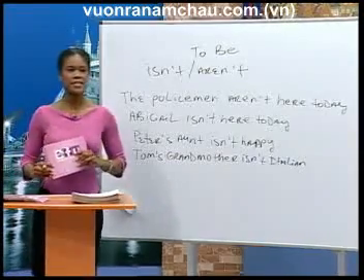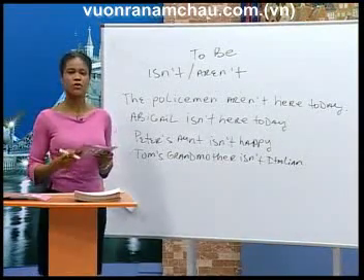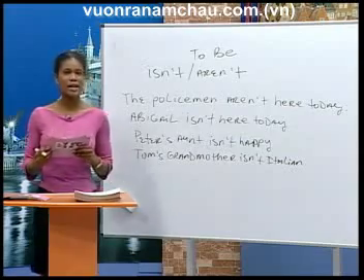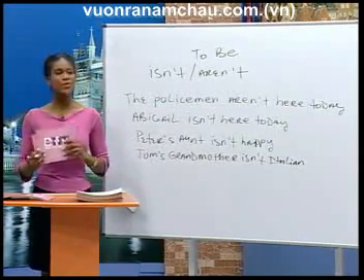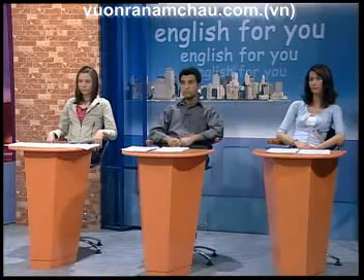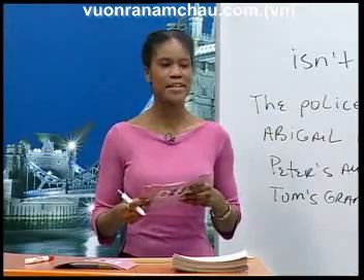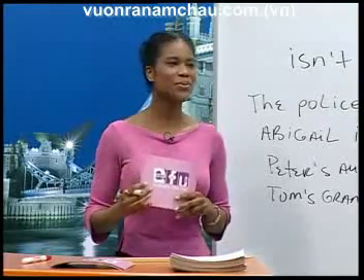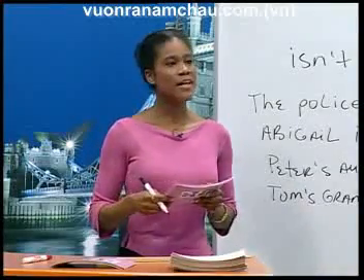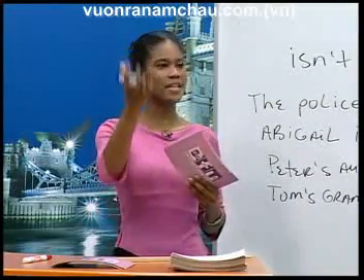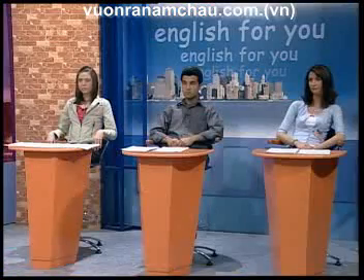All right, let's practice the negative forms of the verb to be. Anna, is Sylvia your sister? No, she isn't. She is my new friend. Very good. Sylvia, are you Spanish? No, I'm not. I'm Bosnian. Thank you. Sylvia, are Alberto and Anna your parents? No, of course they are not.